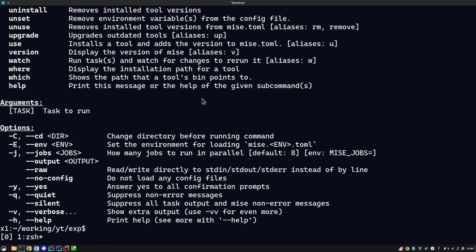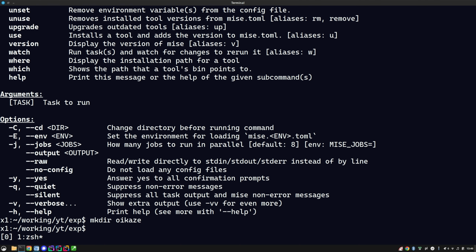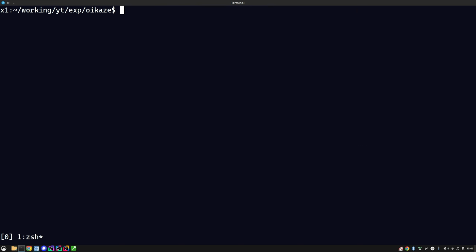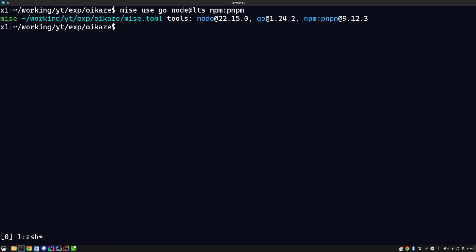So we can start by creating an empty directory. I'm going to call this directory oikaze, which is the Japanese word for Tailwind. I'm going to change into this directory, and using Mise, I'm going to set versions for Go, Node, and pnpm using mise use. And the next thing I can do is create a Go project using go mod init, and I'm going to call the project